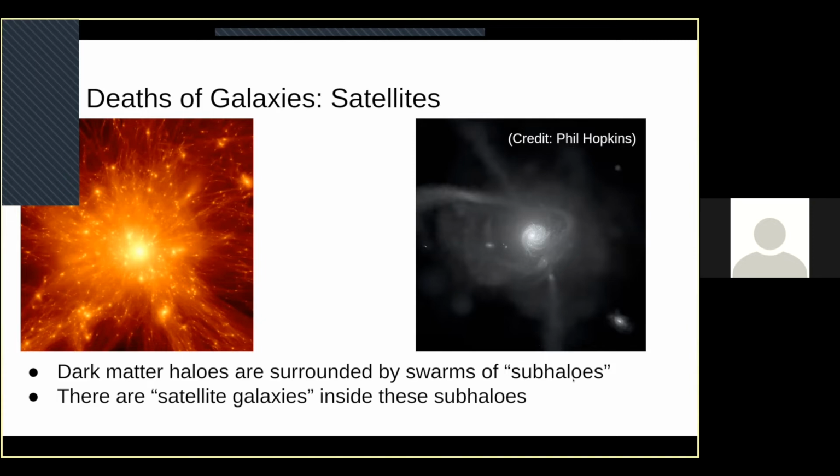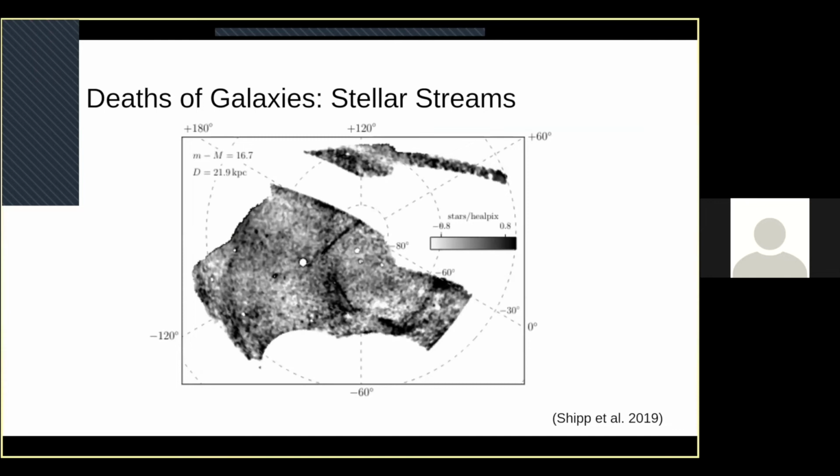And we were saying earlier that every dark matter halo has a galaxy inside of it. And what that means is that these subhalos are accompanied by little tiny satellite galaxies. So the LMC, when it's coming in, is coming in with a dark matter halo. And much like that dark matter halo is getting destroyed, those satellite galaxies are also getting destroyed. So let's talk a little bit about what that looks like.